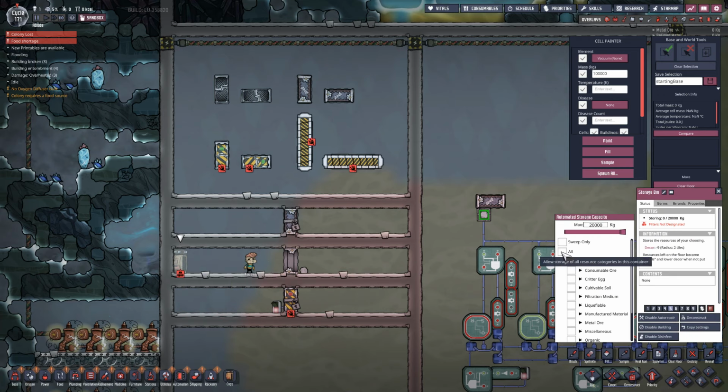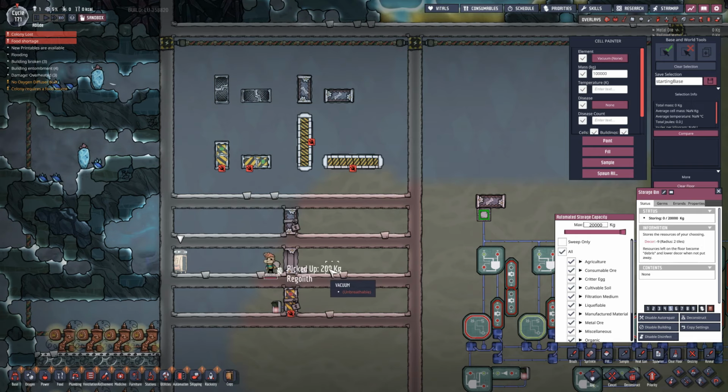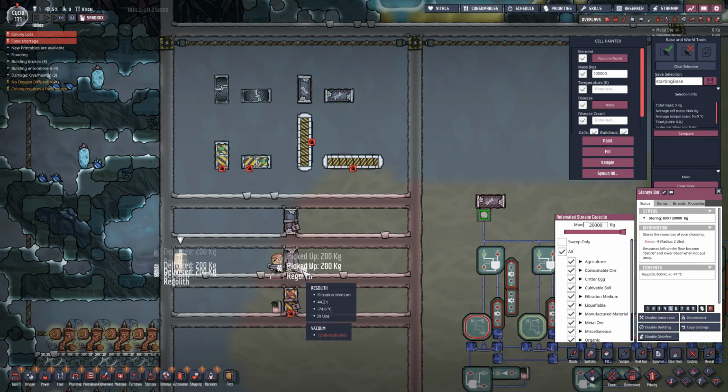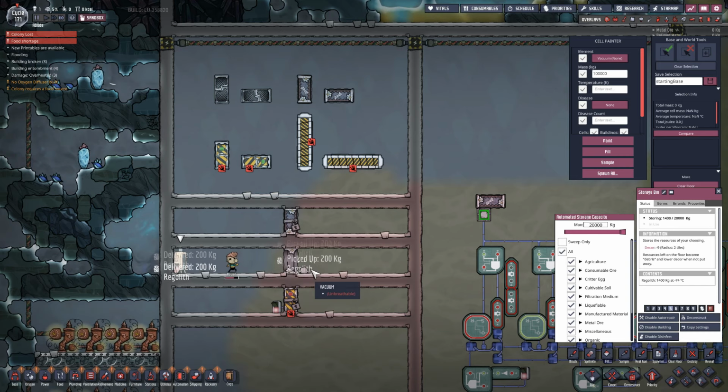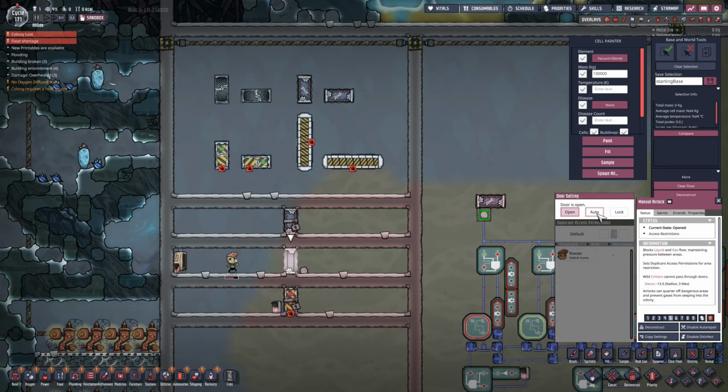And we tell the storage bin to start accepting materials on the ground. Rowan is not allowed to go from the left to the right side of this door. However, they can reach this regolith on the other side without having to go through. So you can see him running across and picking up the regolith with no issues. If we set this door to the automatic setting,